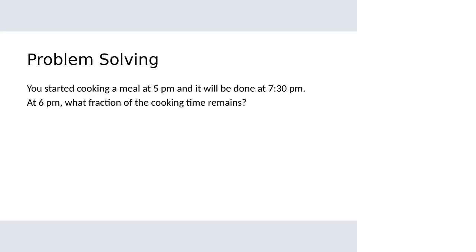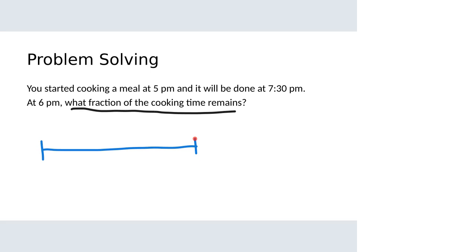Okay. Another problem solving question. You started cooking a meal at 5 p.m. and it will be done at 7:30 p.m. When it's 6 p.m., what fraction of the cooking time remains? So this is similar to the last question where it says, what fraction remains? Instead of the area model here, for this one, I'm going to do this using the length model. So I'm going to go ahead and set up a sort of number line kind of thing here